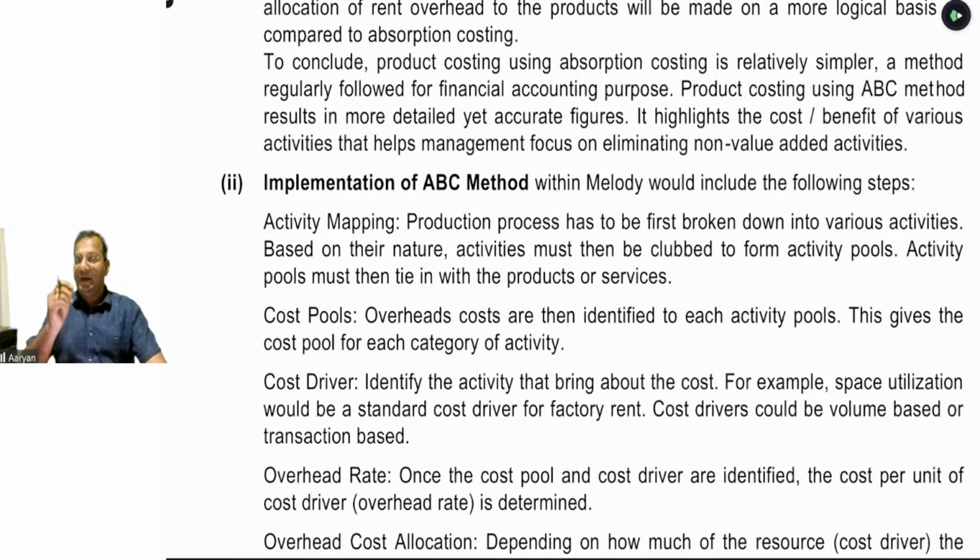Apportionment of overhead: if an overhead is benefiting two or more activities at the same time, then that component of overhead will have to be bifurcated among those activities which are being benefited on some logical ground. That is known as apportionment of overhead. So in the traditional method we used to apportion and allocate department wise. Here we will allocate and apportion based on the activity. So we can identify the cost pool like that.